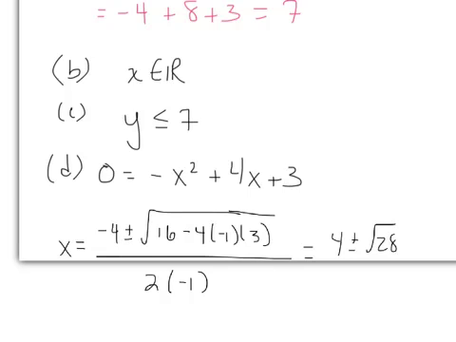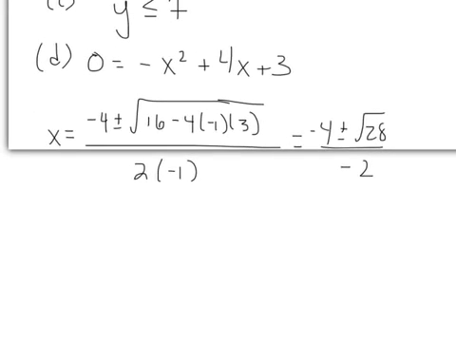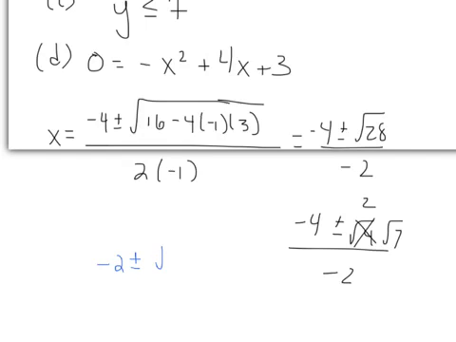Okay, all over negative 4 all over negative 2. Now, if that's the case, what we end up having here is we can factor out a radical 4. Think of it this way as radical 4 times radical 7 again, and simplify. And what we'll notice is that this is really a 2, and therefore, since all of these have a common factor, we can simplify them all by a factor of 2. So everything reduces by a factor of 2, making the leading part simply negative 2 plus or minus radical 7